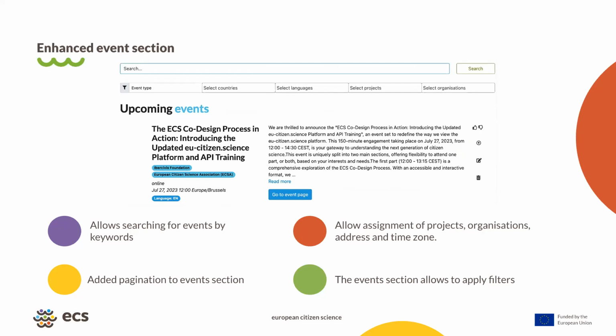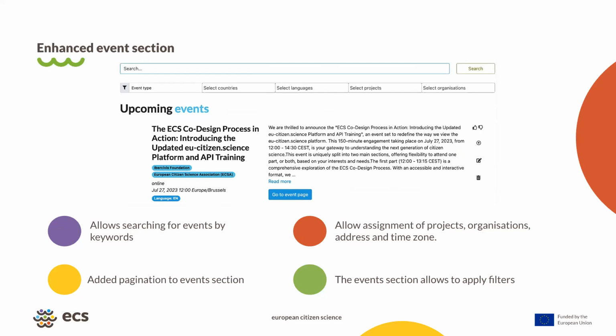And most importantly, probably the most important thing, or the deepest change in this new functionality, we have thoroughly revised the event model, so that now the event creator on the platform can specify whether the event is face-to-face or online, identify the exact location of the event with a strong format that allows us to make these kinds of searches and to display it on a map later, and associate projects or organizations with the event.